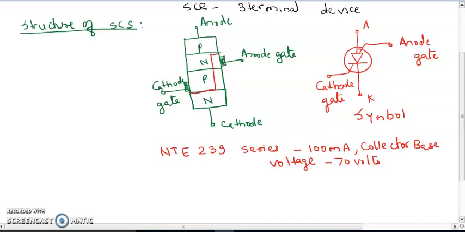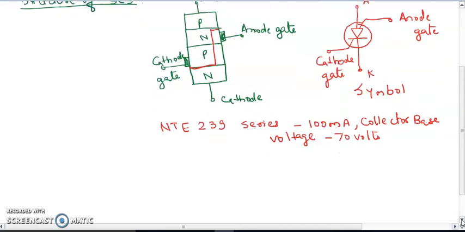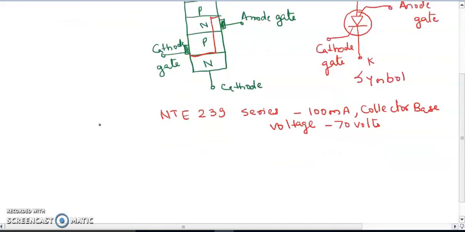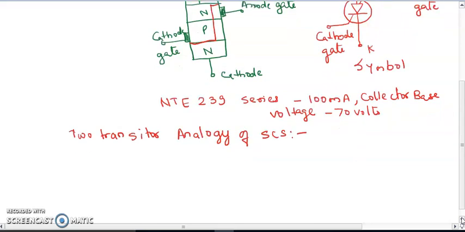So you can see here PNP and NPN. So these 4 layers are split up into 2 transistors. So we will see the 2 transistor analogy of SCS.